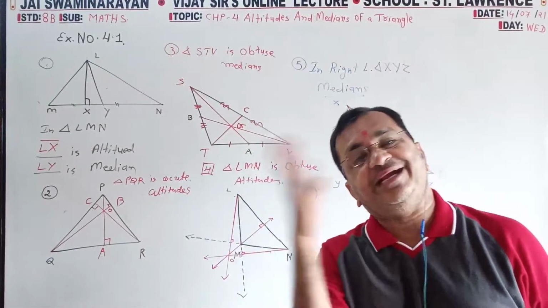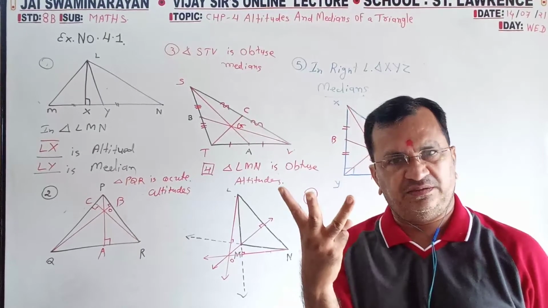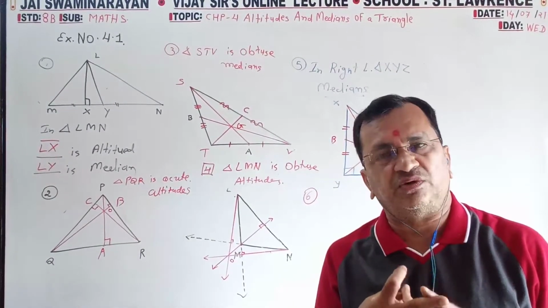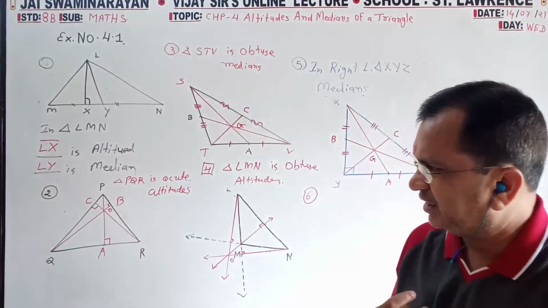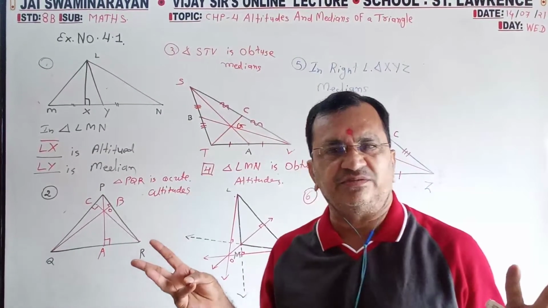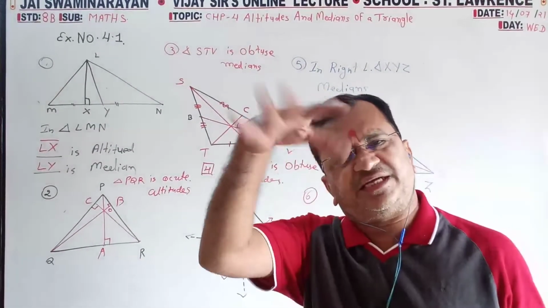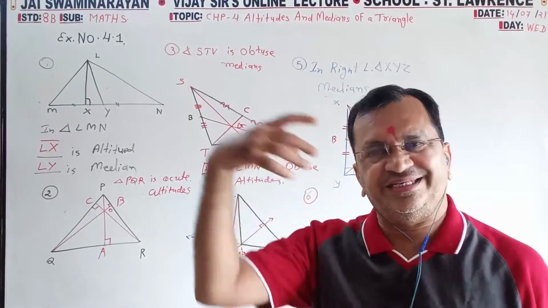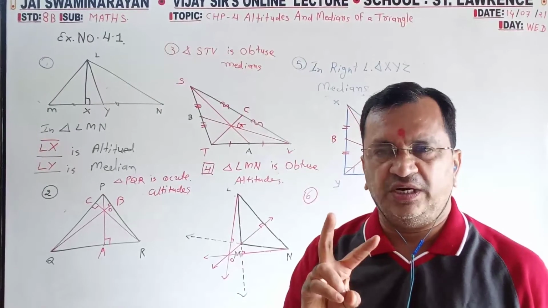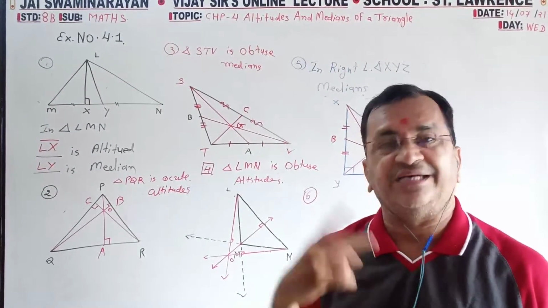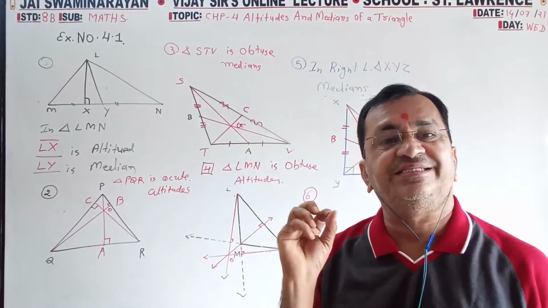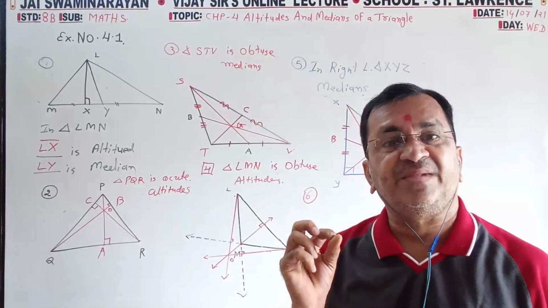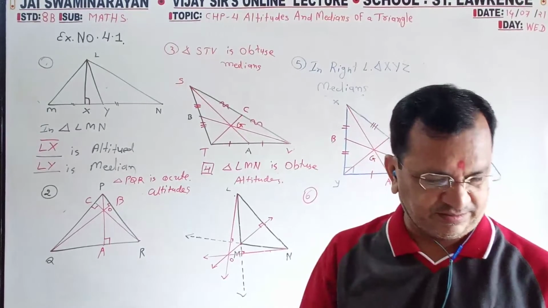Isosceles. On the basis of sides, there are three types of triangle. If all three sides are equal, then it is an equilateral triangle. If only two sides are equal, then it is an isosceles triangle. If no two sides are equal, all three sides are different, it is scalene. 4, 5, 6, so it is a scalene. Two sides only equal, it is isosceles. Three sides equal, it is an equilateral triangle. So here they have given an isosceles triangle.